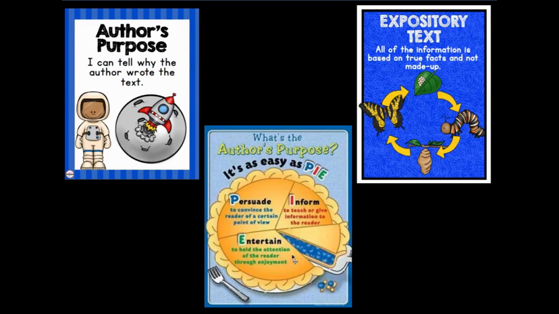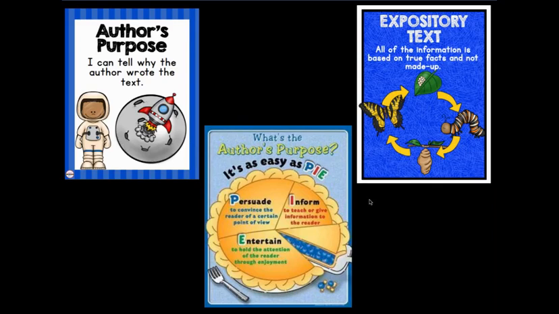The author's purpose of our anthology text called Vote is to inform. They're not telling us how we should vote or what political party to be part of. And you might find some entertainment throughout the text, but the author's main purpose of writing the story is to teach and give information to the reader about the voting process.